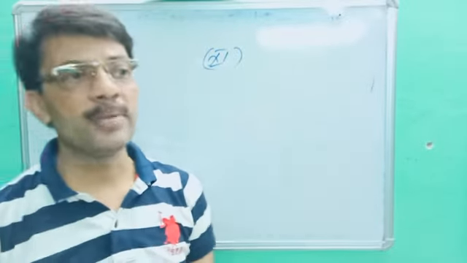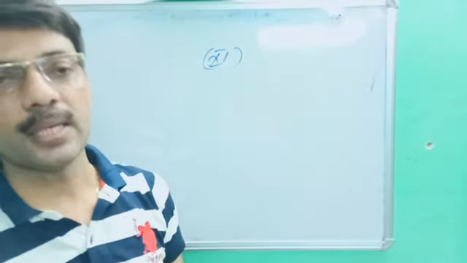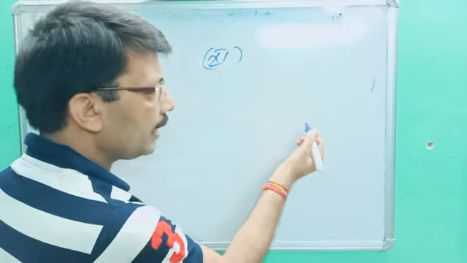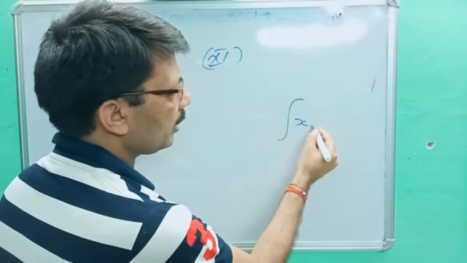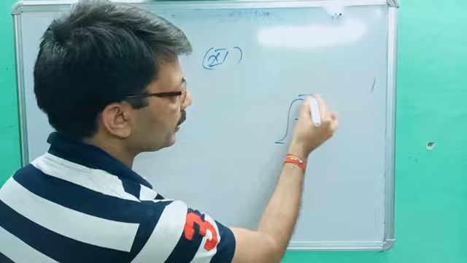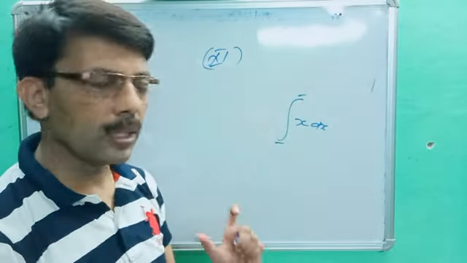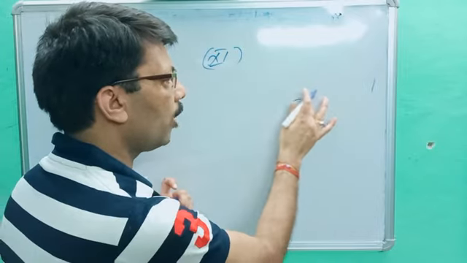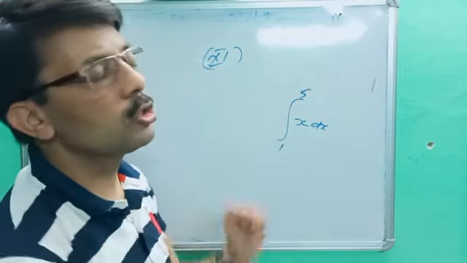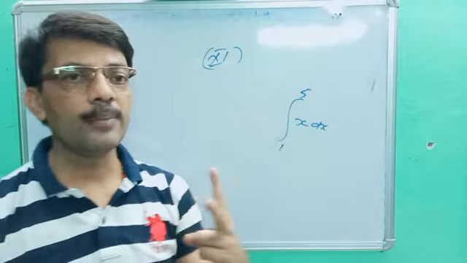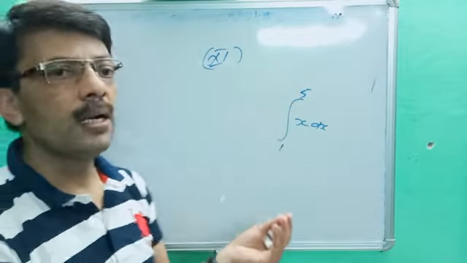The assignment is given to you, and I think there is some problem in integration by the substitution method. There are two types of integration: one is called indefinite and the second is called definite. Previously we studied indefinite integration, for example x dx, where no limits are given. If some limits are given, like from 1 to 5, this is called definite integration.